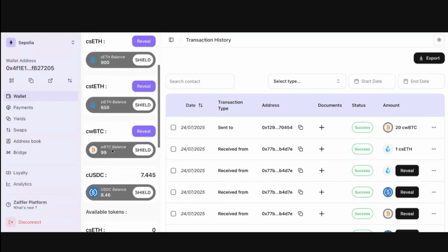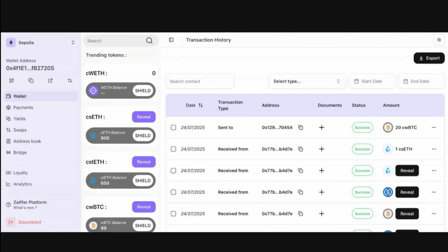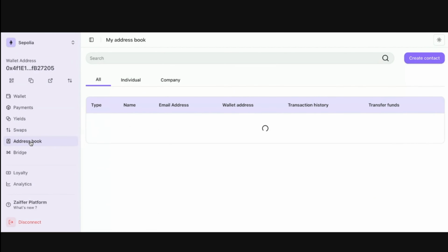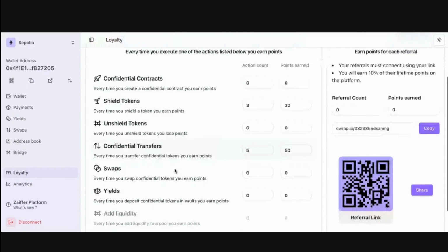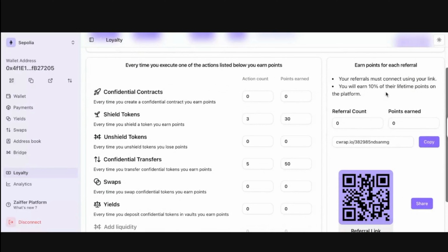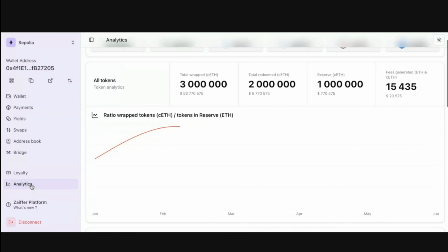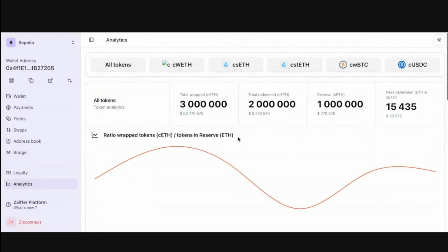So that's pretty much the whole walkthrough of the platform. Here you have an address book. Here you have like a loyalty system where you're going to be able to track everything you're doing, people that you're referring. You're going to have an analytics section. But let's deep dive to end this demo on the most important thing when you talk about privacy, which is the compliance. So you cannot become like a mainstream privacy tool, and by mainstream, I mean integrated in regulated entity